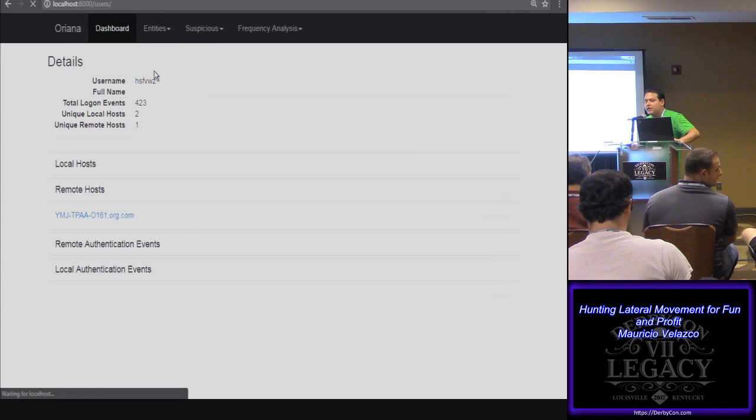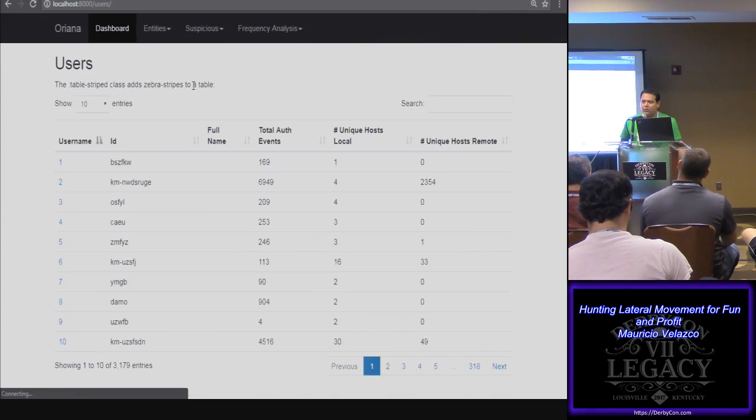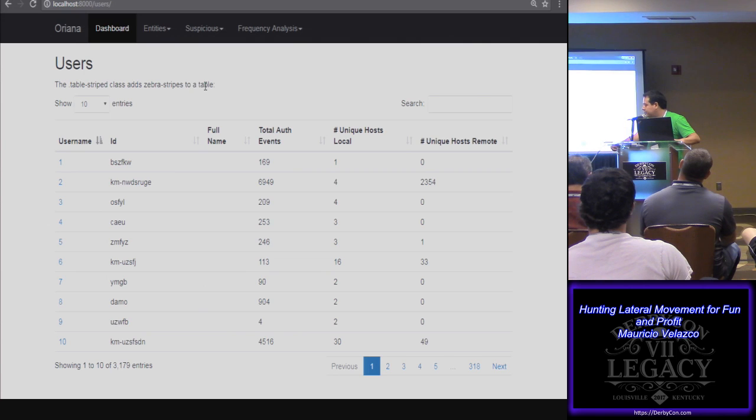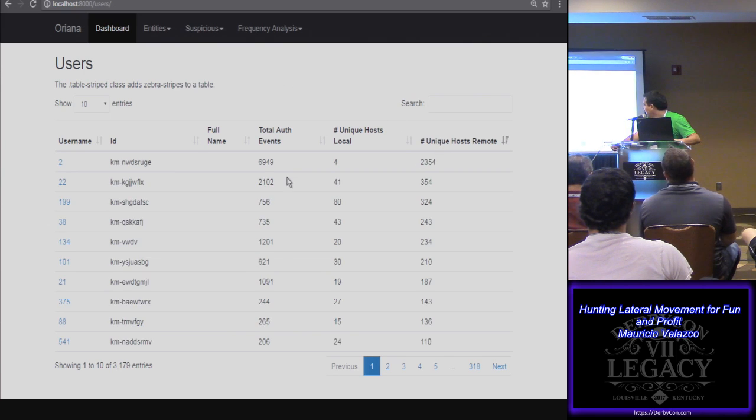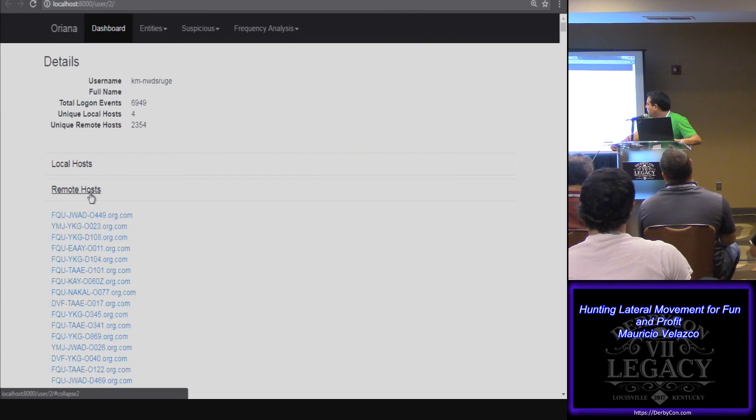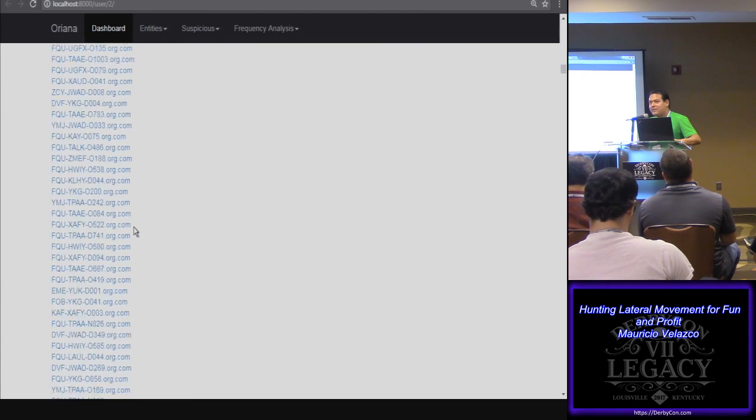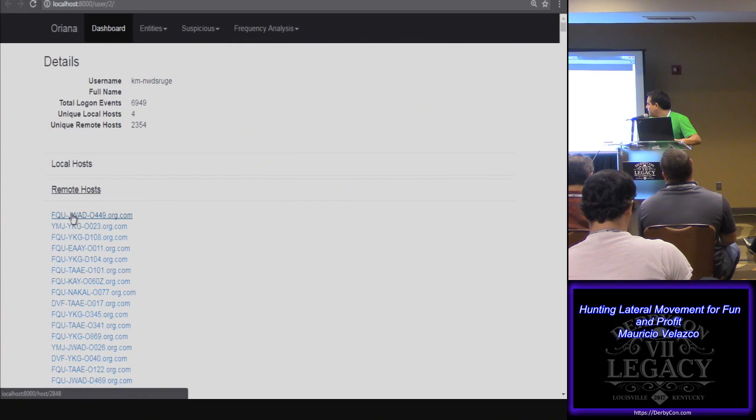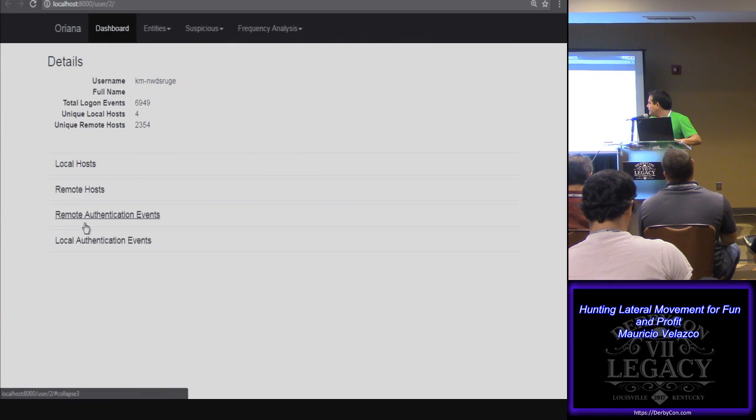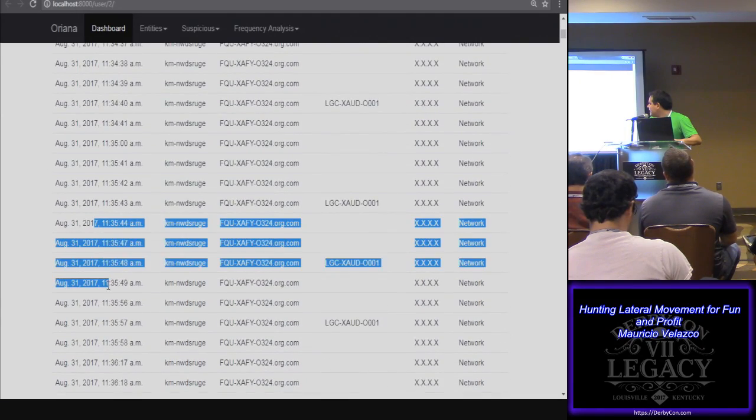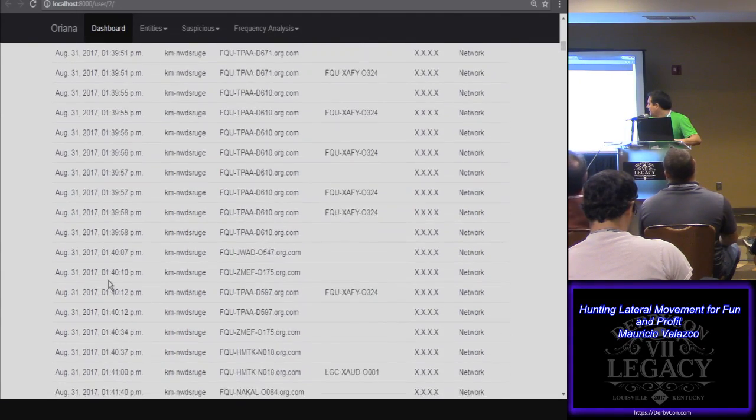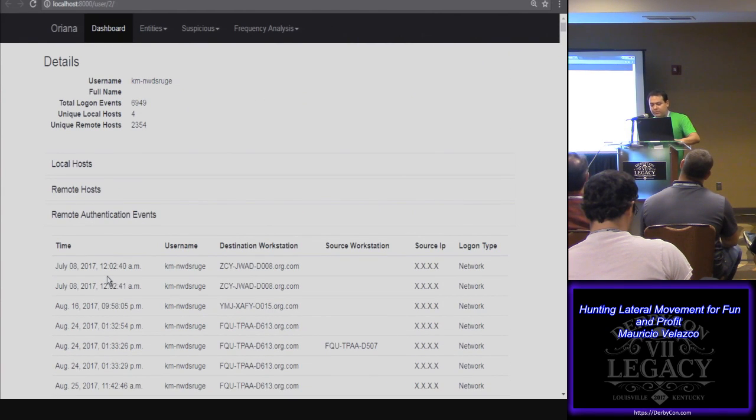Okay. All right, so the user's view. Let me ask this simple question to Oriana. Who's the user who's connecting to the most hosts remotely, right? So 2 clicks. 1, 2. Why is this guy connecting to 2,300 hosts? You can click on this user, and it will get you to the user profile, and you'll see all the remote hosts that he connected to. What's up with that, right? And you can get the authentication events also to see a picture of when this happened. As you can see, most of the events happened on August 31st. Now, this would probably start an incident response investigation in your environment, and I'm just going to fast forward, and